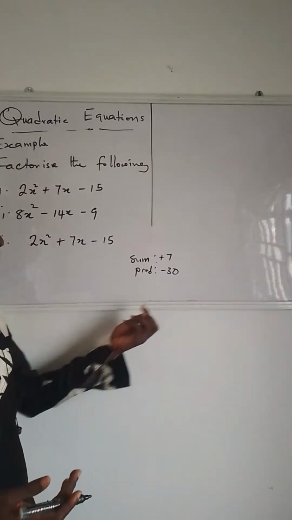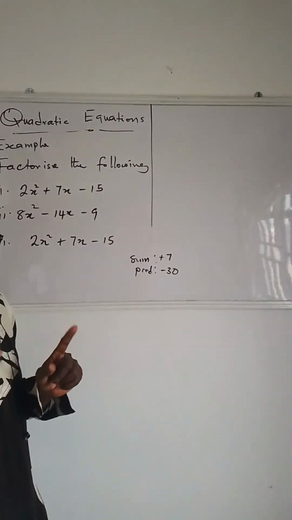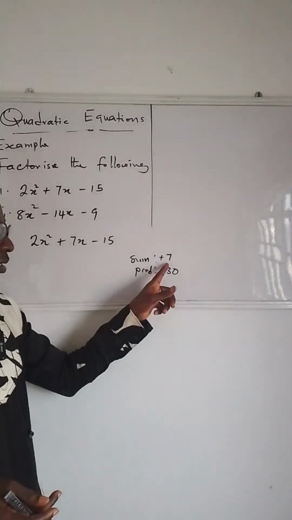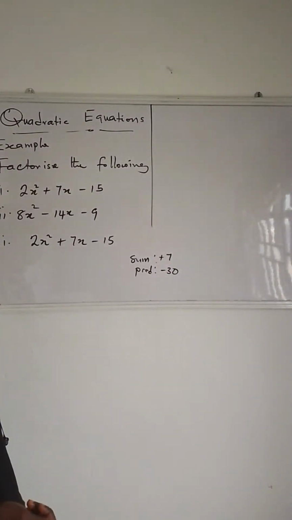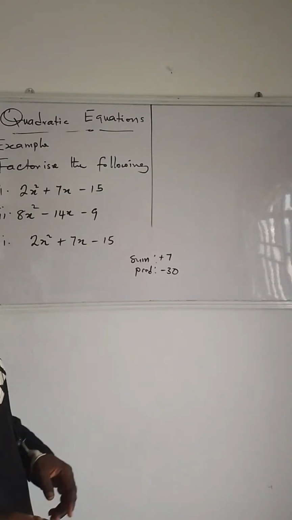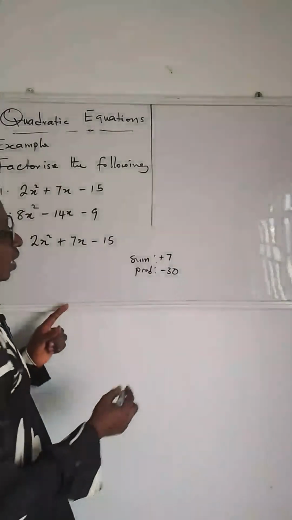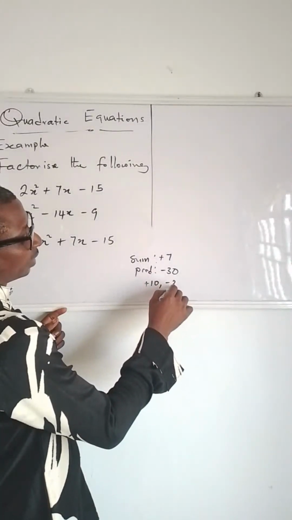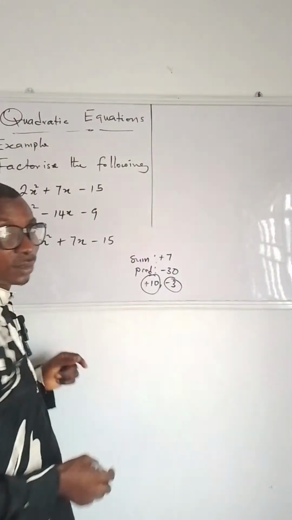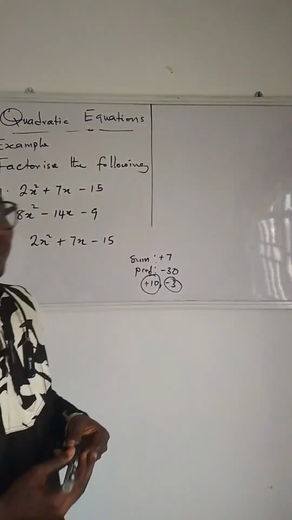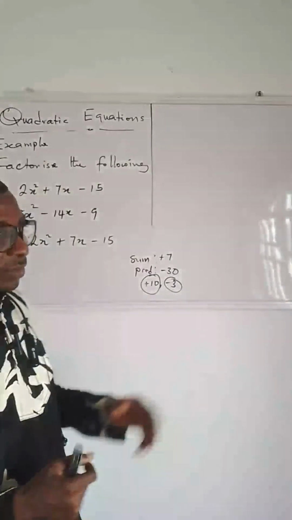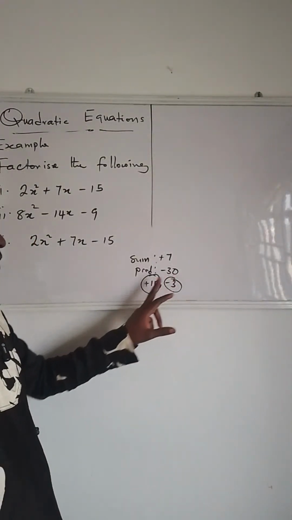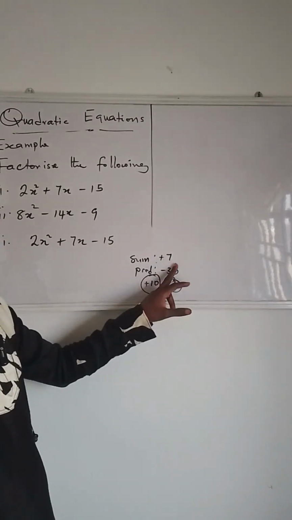So now begin to look for factors of 30 because you need to get two numbers whose multiplication gives minus 30 and whose addition gives 7. All right, so what are the two numbers? Okay, what are the two numbers? So I think that's going to be your plus 10 and minus 3. Okay, all right, is that what you have as your answer? All right, so if this is what you have, that means you are correct. So now when you use this to multiply this, you have minus 30. When you add this and this together, you have what? You have